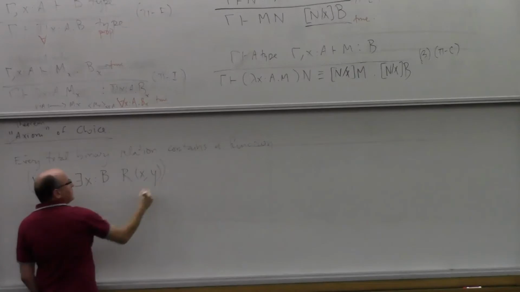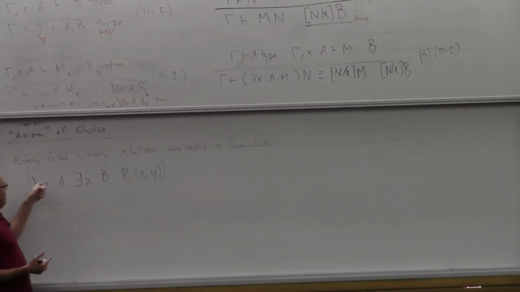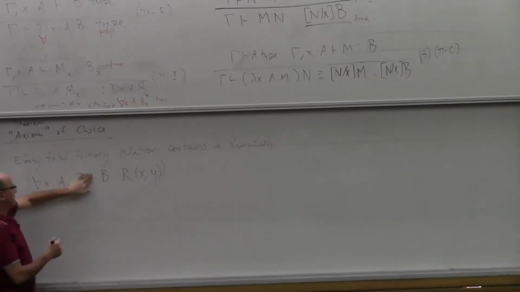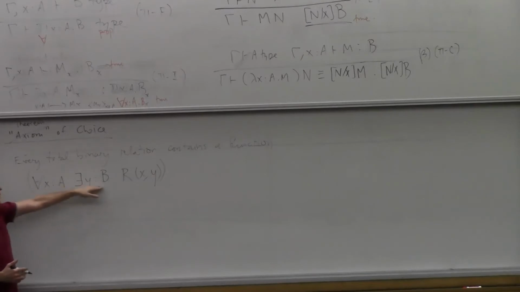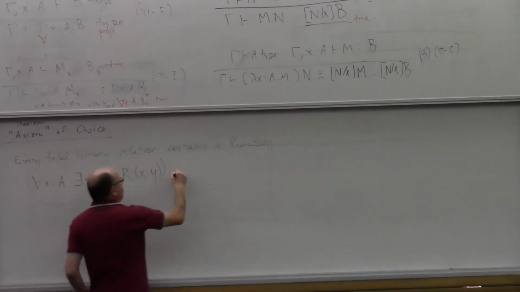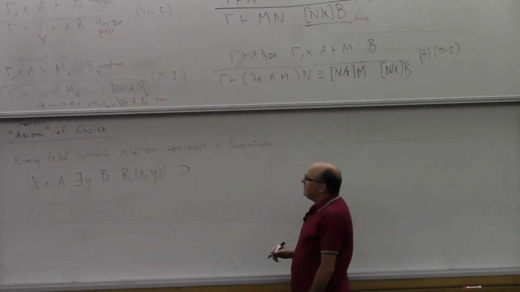That's how you would write it out in logical notation. The relation R is total means that R is a relation between A and B, and for every x in A, there exists a y that is related to it by R. That's what totality is. And the so-called axiom of choice says this implies that there's a